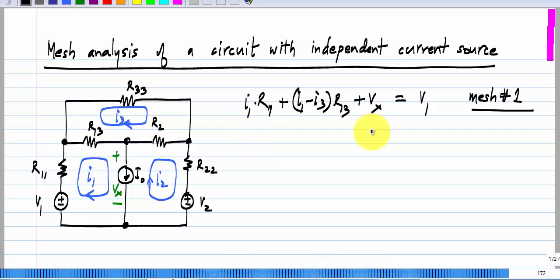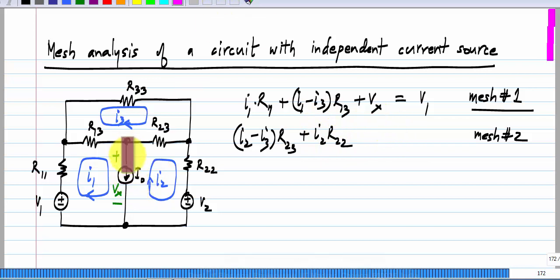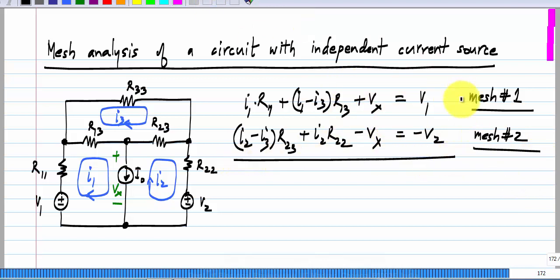Now for the second mesh, I know that (I2 minus I3) times R23 plus I2 R22, and I don't know the voltage drop across this, and now I have to take it in the opposite direction. So I'll get minus Vx to be equal to minus V2. The problem is this Vx which we don't know, and just like before we sum the equations corresponding to these two meshes and we'll get